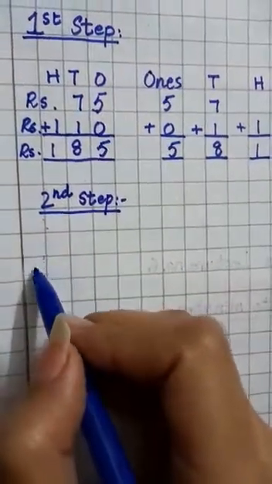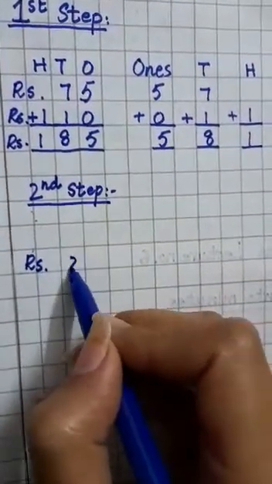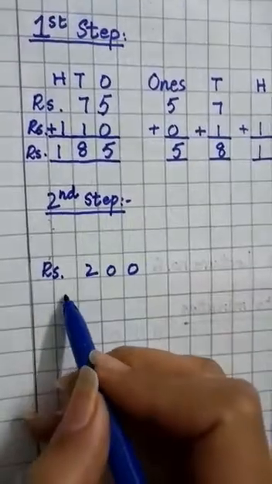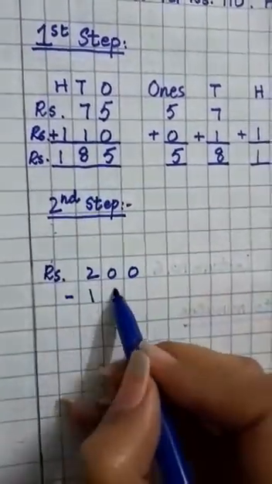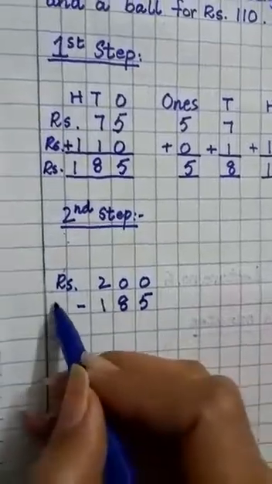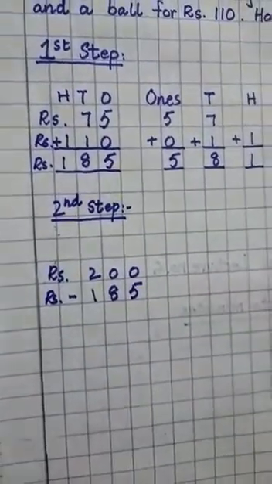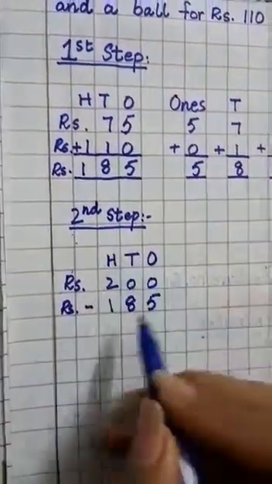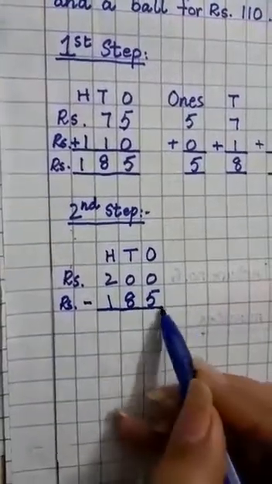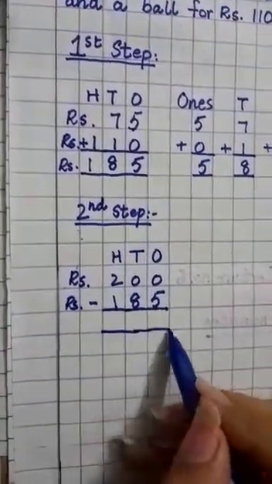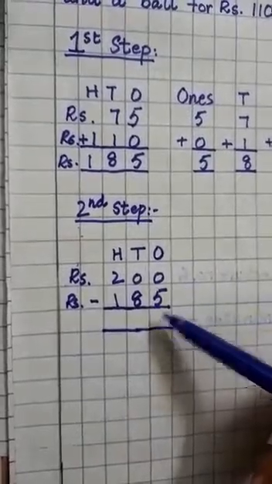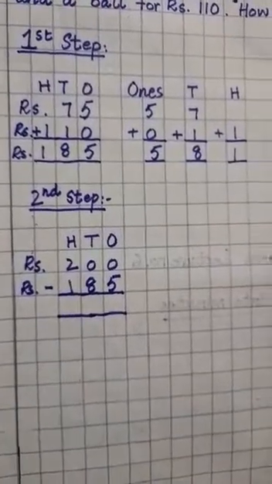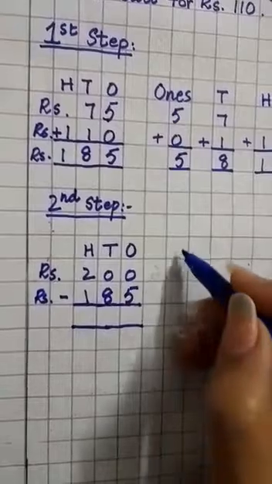Total amount is rupees 200, okay, minus this total amount 185, rupees 185, like this, okay. Place value and this, okay. From total amount we will subtract this amount, okay. Then we come to know that how much have I left. Same over here, leave one block, separate the ones.